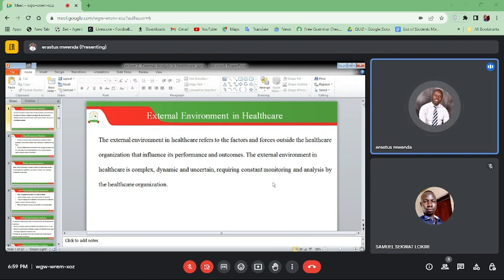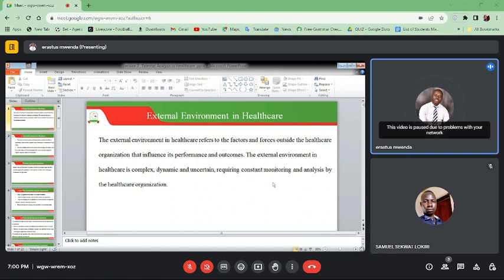We could have policies on healthcare delivery models. We could have policies on quality standards. These are things that are not controlled from within the organization. If government sets policies on patient rights,